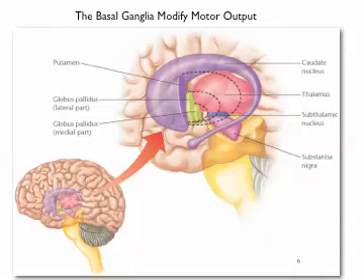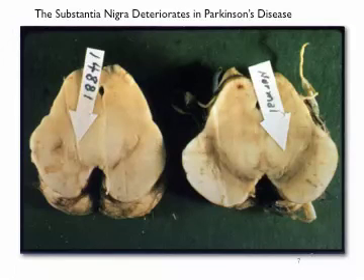You don't need to know all of these parts, like the putamen and the caudate, globus pallidus, and parts of the thalamus, which all contribute to modifying motor output so that our body movements are accurate and precise, and that our body is moving where we want it to go. The substantia nigra plays a part in this as well. It's called substantia nigra because when you look at it with the unaided eye, you can see that these cells that again are involved in motor output are very, very darkly stained.